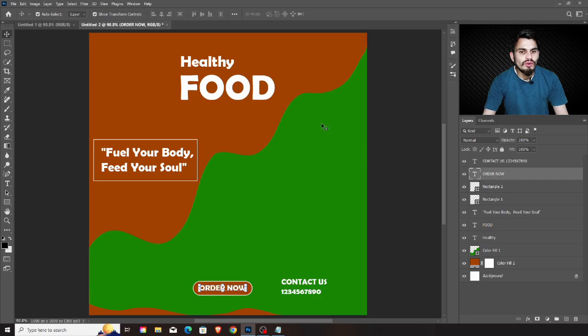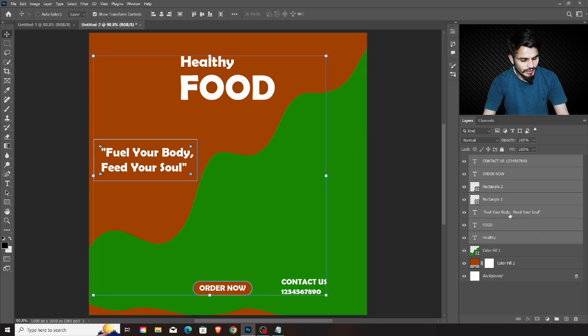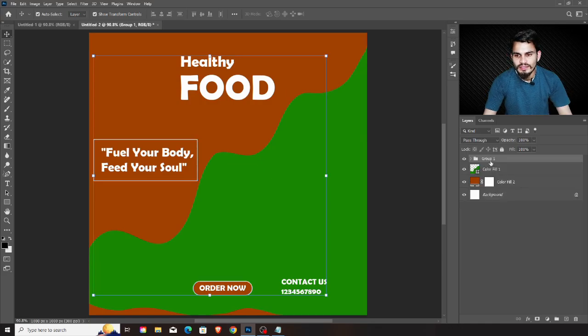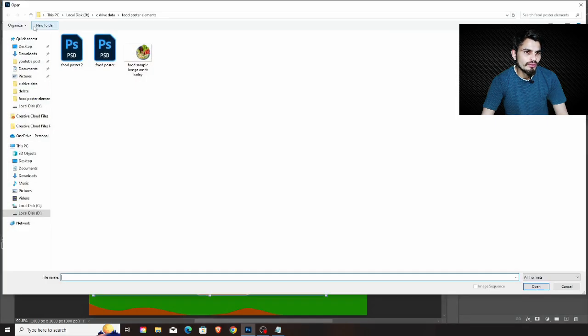Now all the typography is added. I just select this contact us layer and this healthy layer, and press the Shift key to select all these layers, and press Ctrl G to make a group of these layers. Type the name of this group as text. After making a group of these layers, click on File and click on Open,